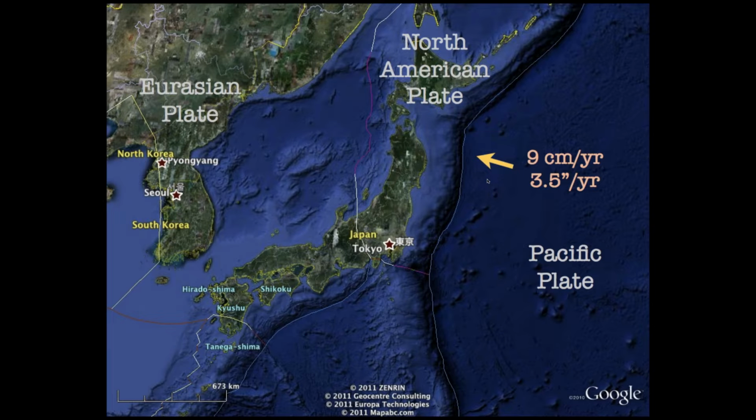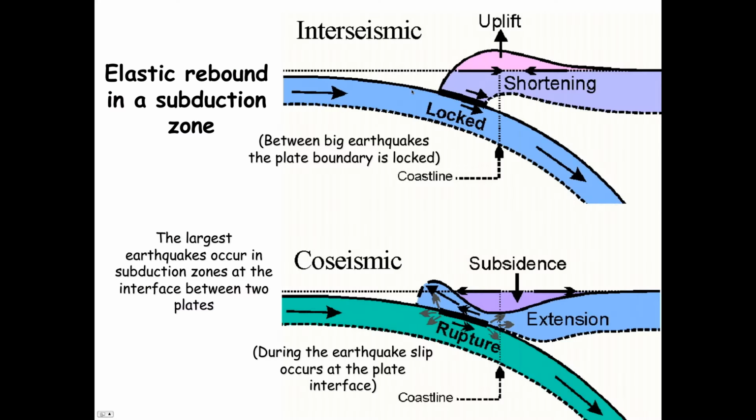That brings us to the great Tohoku earthquake along Japan, where the Pacific Plate is underthrusting Japan. The classic story is that the plate boundary is locked and you have deformation before the earthquake. Now, in this case, there's a lot of GPS before the earthquake, and they can see this stage. So Japan had put a lot of GPS stations on the island, and they could see that when the boundary